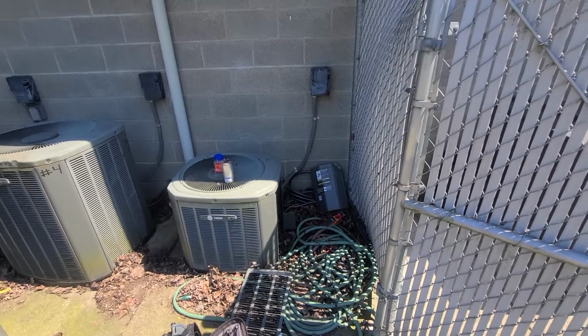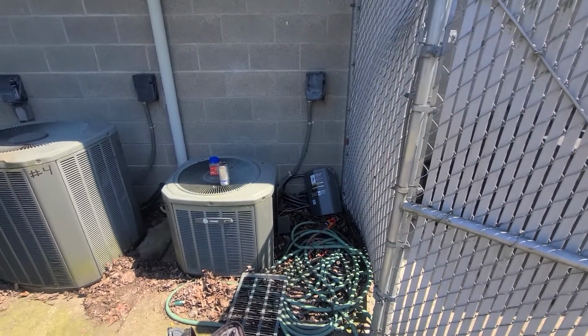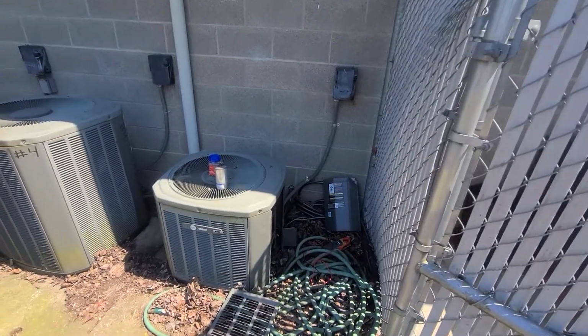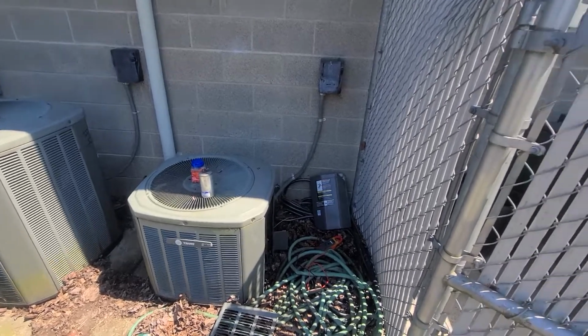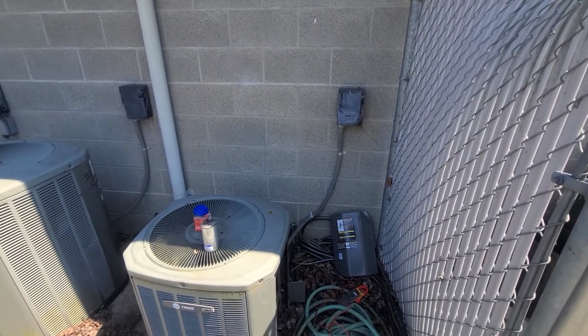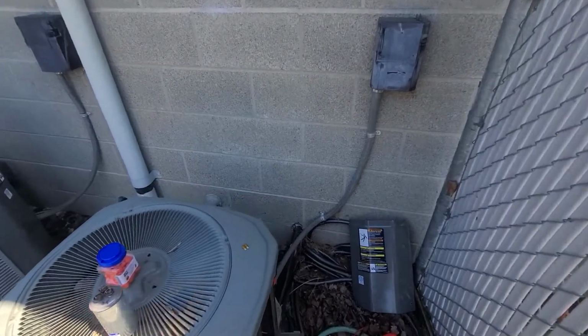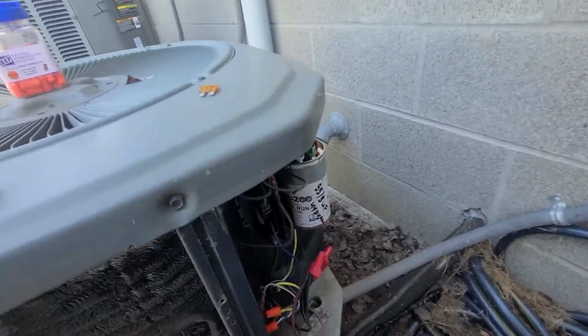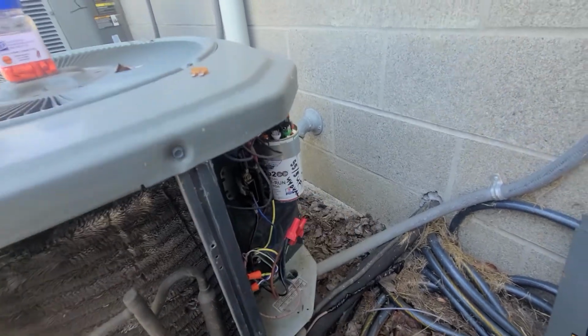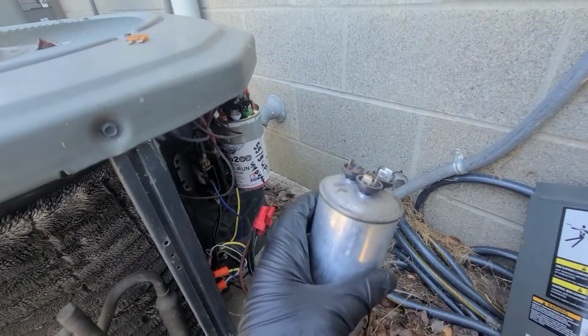So this is the next unit that was down out at this commercial site that had multiple systems down. It's been kind of interesting because all of them have had something different going on that I've run across. This one, I put the thermostat into a call for cool. I got out here and I found my contactor was not pulled in, and I also found my capacitor was